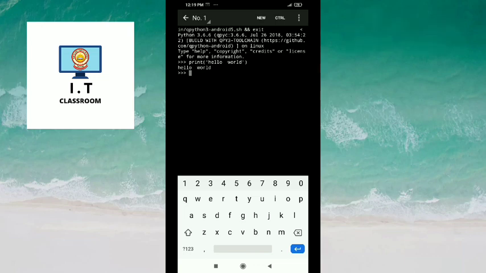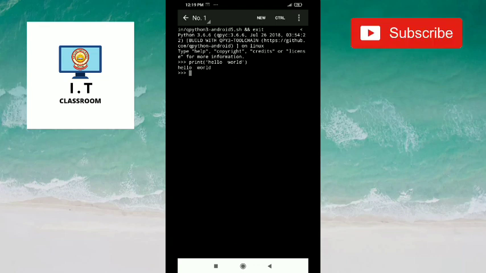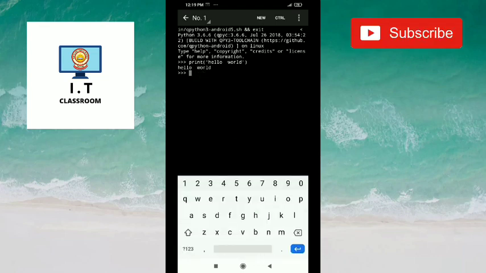Now I am telling you how you can calculate the total of three numbers by using the print command.